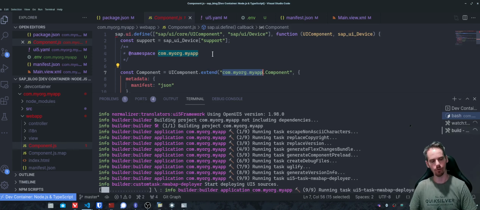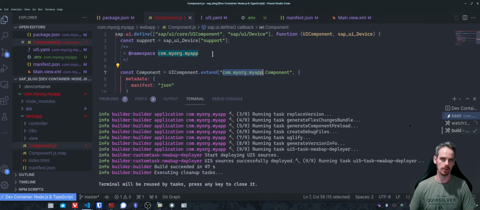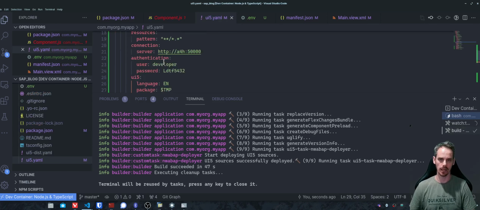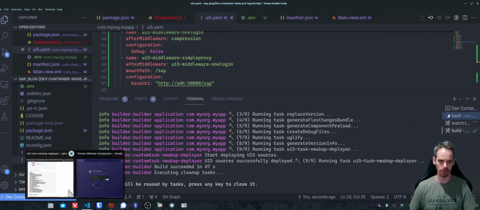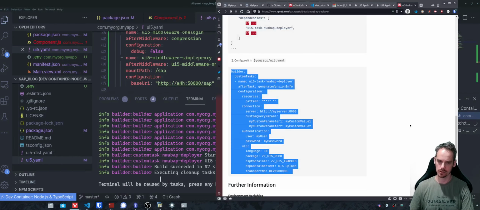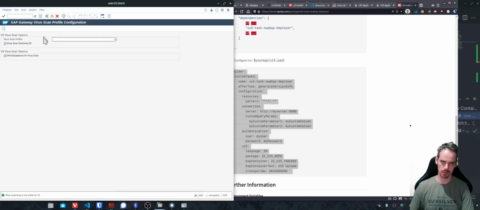So if you're coming from WebIDE, you might recall having the neo-app.json file, where you would have to create an entry for each path that you want to proxy off. That was pretty annoying, and you also had to do that previously using local dev, but that's now gone. So let's set up